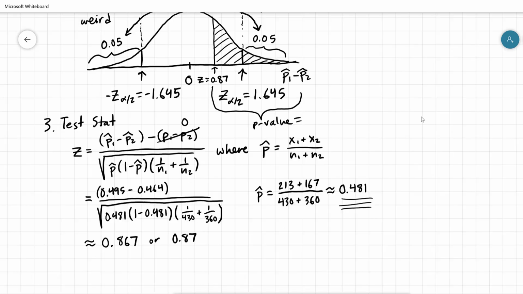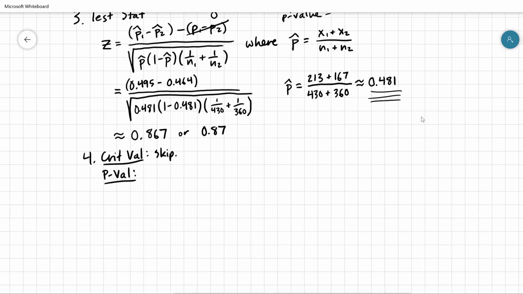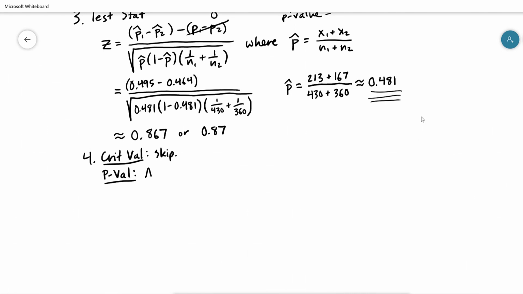That's the next step. So step 4, let's find that p-value. So again, if we're doing the critical value method in step 4, we get to skip it. I've already compared the two values, the two z-scores, so we're skipping it. I've got everything I need. But if we're doing the p-value method, I need the p-value. So what is the p-value? It's going to be, p-value is the area to the extreme